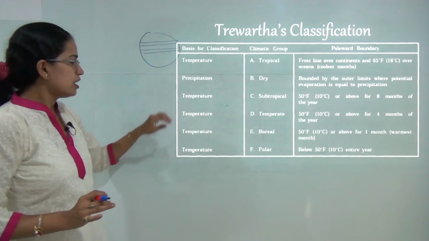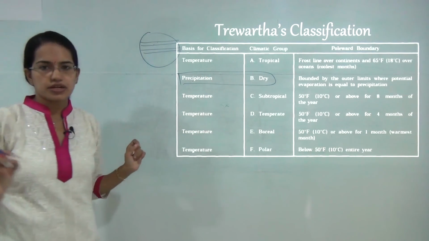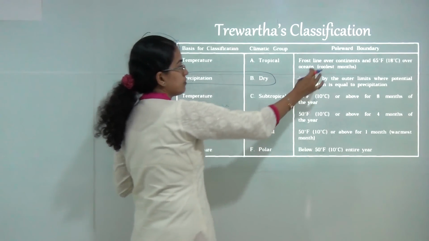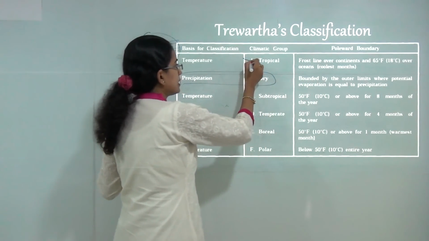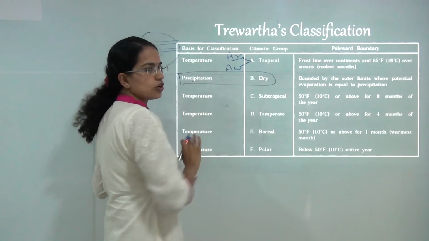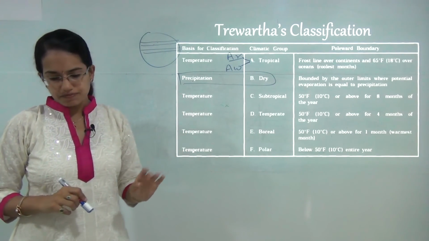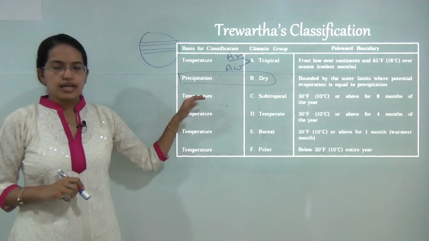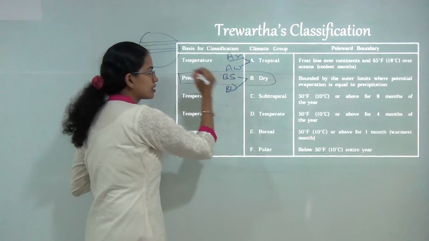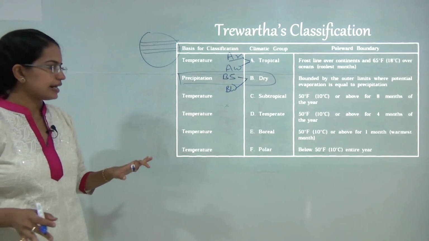He classified only dry regions based on precipitation, the rest of the regions were classified based on temperature. So the tropical region that he classified had a poleward boundary with these conditions, and he said there are two regions, Ar and Aw. Ar is the tropical wet area and the Aw is the tropical wet and dry area. Now similar to this, he classified BW and BS. Those were exactly the same as what Köppen did. So one was dry steppes and another was dry arid areas.